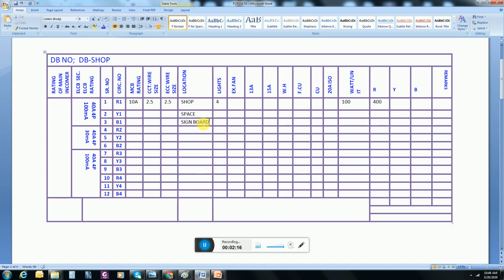In shops there will be a point for a signboard, because there will be a signboard for every shop. So the breaker will be the same, 10 ampere. Sorry, for the signboard we will use a breaker of 20 ampere, and the wire size will be the same.